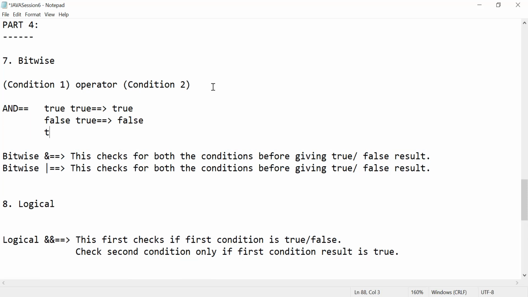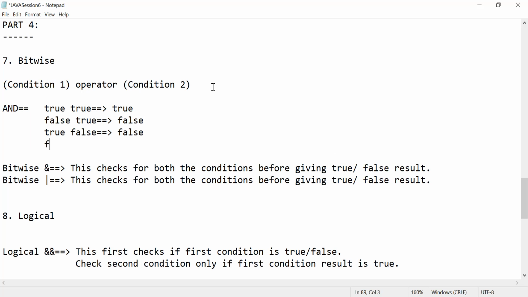Then the first condition is true and the second condition is false. So these are some combinations. We will get false. And if both are false, then obviously we will get false. Okay, so this is for the AND condition.